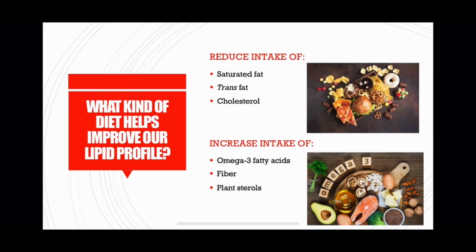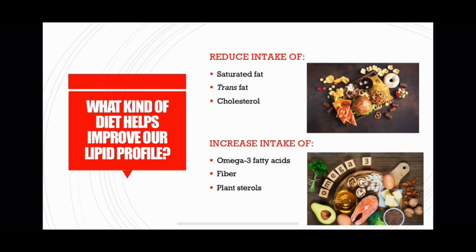So in the slide before, I mentioned that diet is a modifiable risk factor for diabetes. So some of the things that they can do is reduce the intake of saturated fats. The majority of saturated fats come from meat and dairy products. Some examples of that would be pork, poultry with skin, tallow, lard, cream, butter, cheese, things like that. We also want to reduce our intake of trans fat. Trans fat is hard for our bodies to metabolize. And of course, cholesterol, reduce the intake of that.